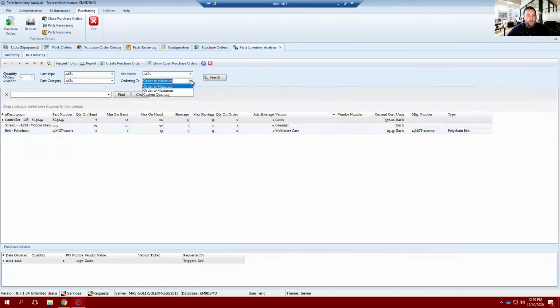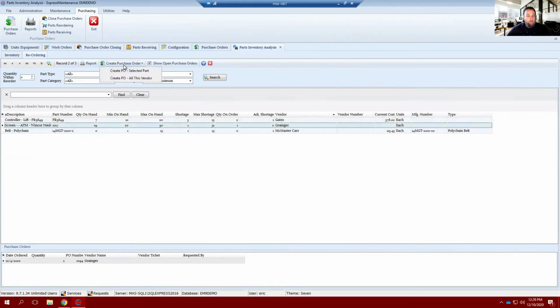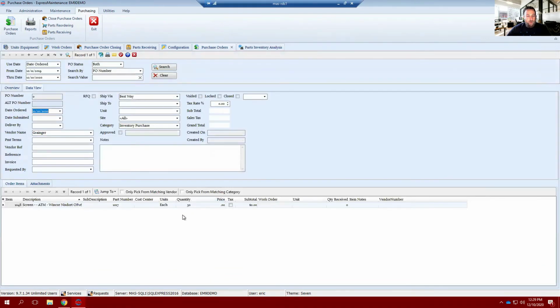All right, so let's go ahead and order to our maximum on this screen. And I'm going to create purchase order for this selected part. And you'll notice that it opens up the purchase order and it places the part in the order item. And then notice that the quantity here reflects what was required to bring it to its maximum. Okay, if I close this,